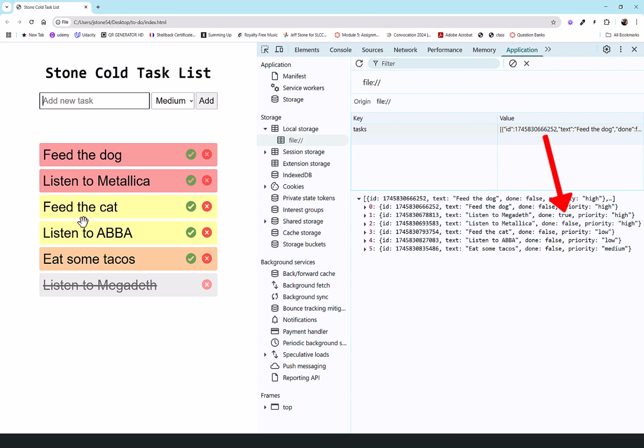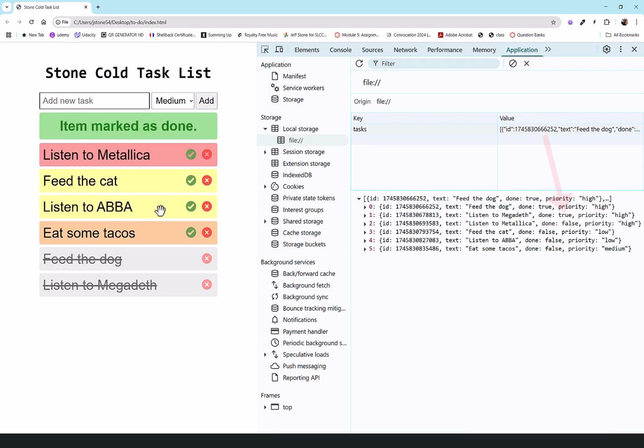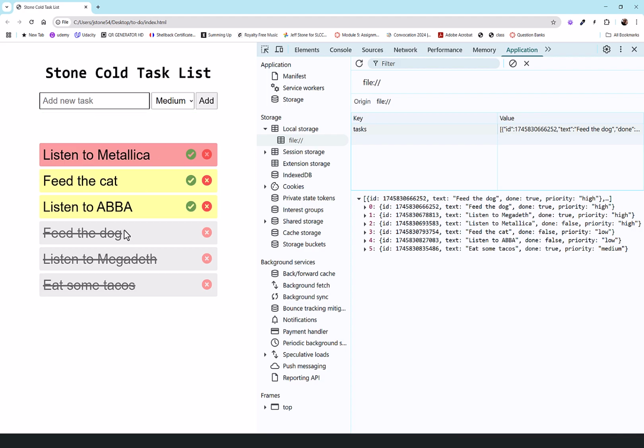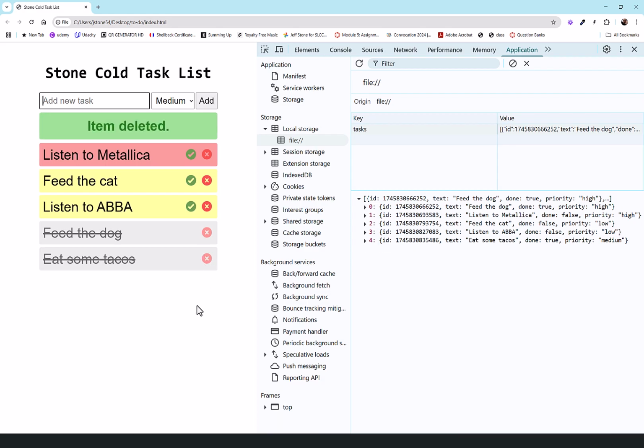true, all right? And let's go ahead and we will say we also fed the dog and we ate some tacos. Item marked as done each time, that animated in. Now at the bottom here, these are all the things that are done. And if I want to, I can remove each one of these things, right? So I'm going to click here to remove this. Instead of having this done stuff pile up, I'm going to remove it right here. And you'll notice that the list over here changed. It removed that thing from the array, okay?